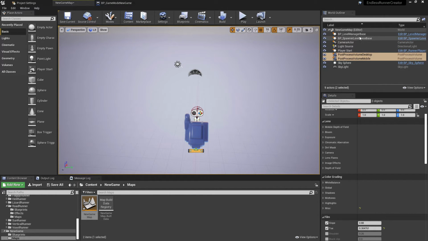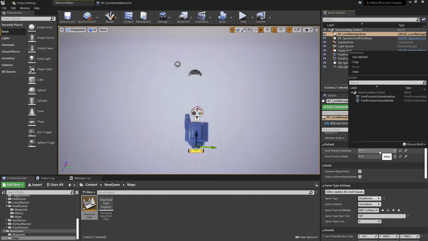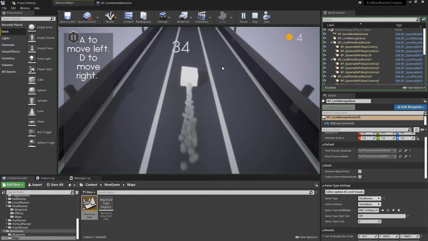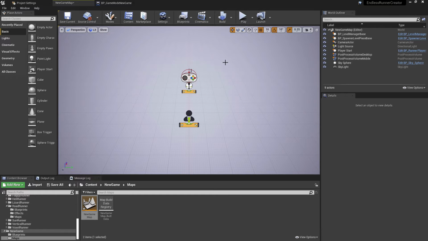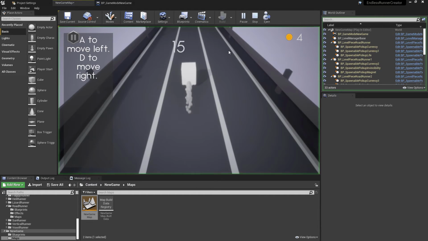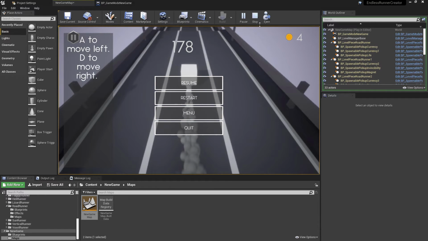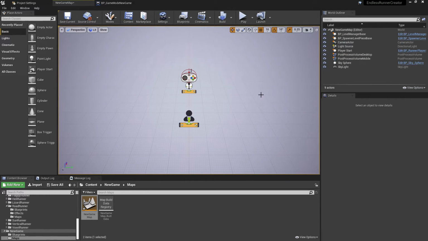And what we want to do is get our level manager and select the desktop version for the desktop slot and the mobile version for the mobile slot. And this will now definitely default to using the desktop version here, and it will get rid of the last of those warnings. So this is now playable, this works, we've got the right tips, we can pause and go back to other menus. This misses out one thing that we need though, and that is a kind of game